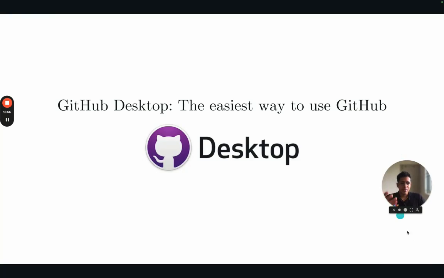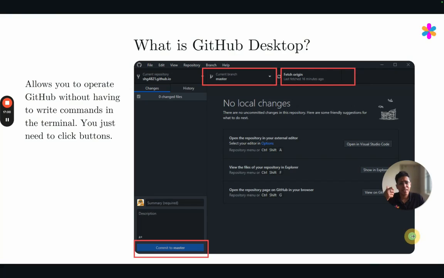So this is that. We will show you how to download this, how to install this, how to use this, etc. But basically GitHub Desktop looks something like this. This is like a graphical user interface for GitHub. And see, this is like fetch origin. It's like a mouse click. Here, changing the branch, it's one mouse click. Committing your changes, it's another mouse click. So it's very, very easy to operate GitHub without having to write any code. I strongly believe that using the GitHub Desktop GUI, graphical user interface, you can do things much faster.